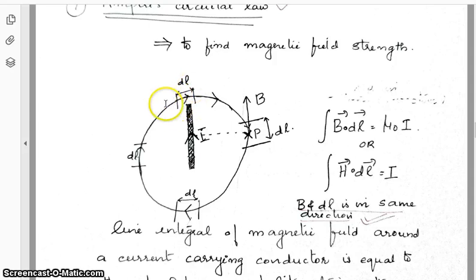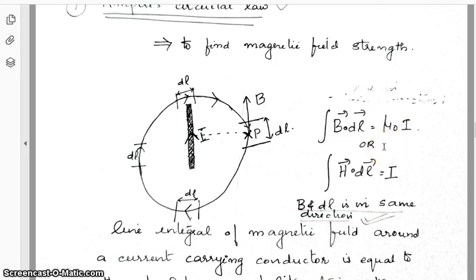And I have chosen a small length dl. You can choose it wherever you want. Here I have chosen it at 4 different points. So this is 1 dl, this is 1 dl, dl, dl. Okay. So according to Ampere's circuit law, integral B dot dl is equal to mu 0 I,